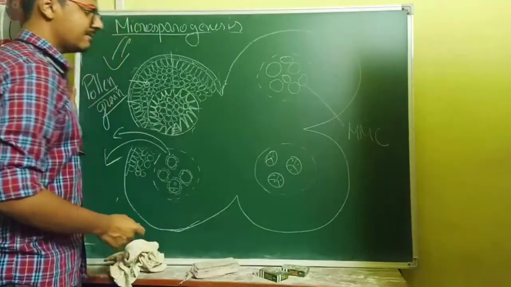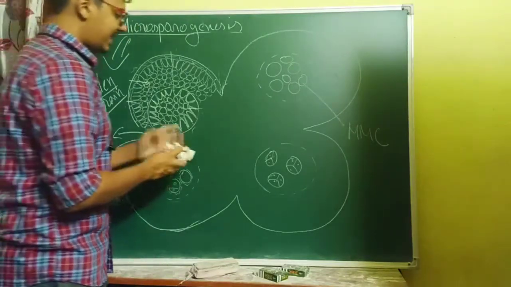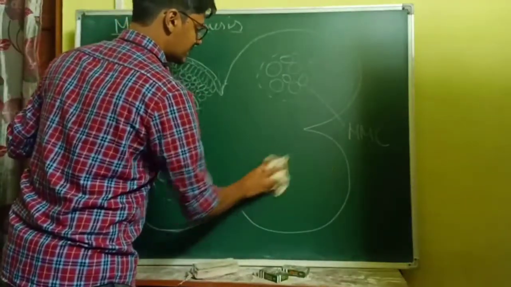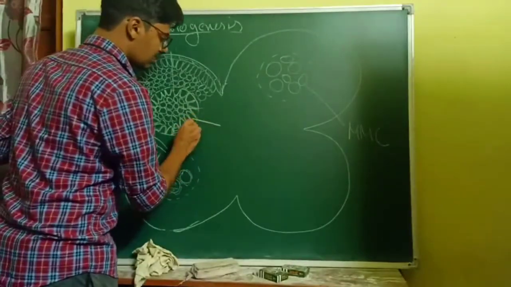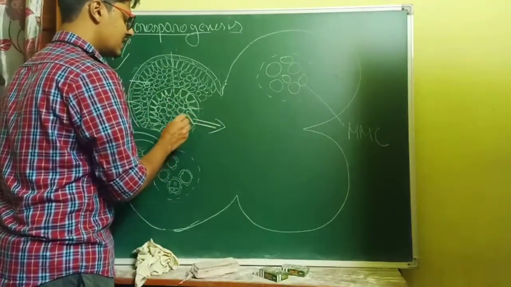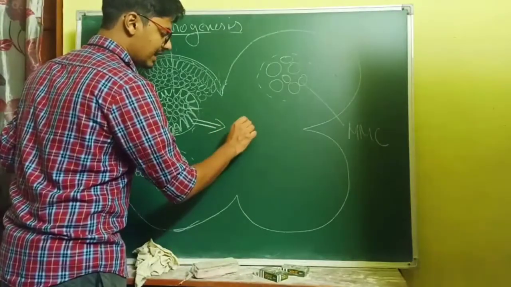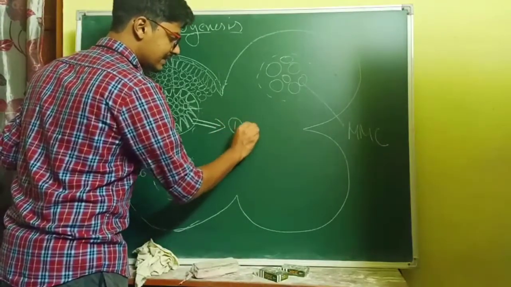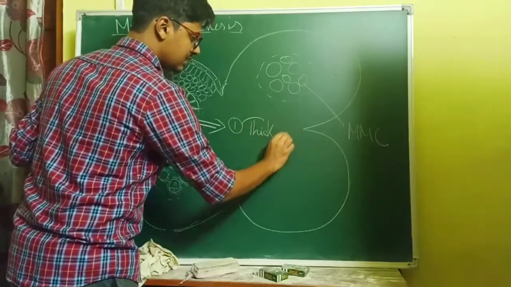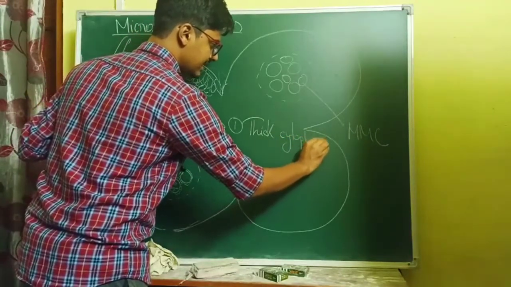As I said, one thing that I forgot is the characteristic features of the tapetum layer or tapetal cells. Two things we have to keep in mind. You have seen that I am discussing the tapetum so much, because maximum questions are asked from this layer. Characters of tapetal cells: one, they have thick cytoplasm.